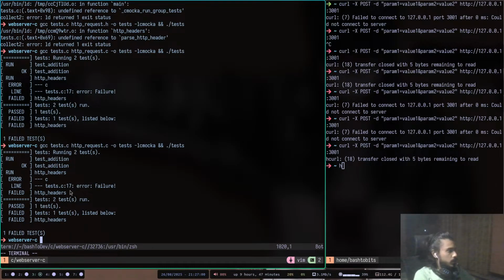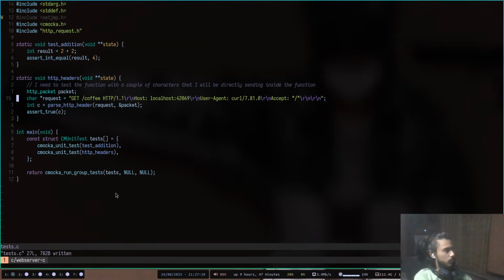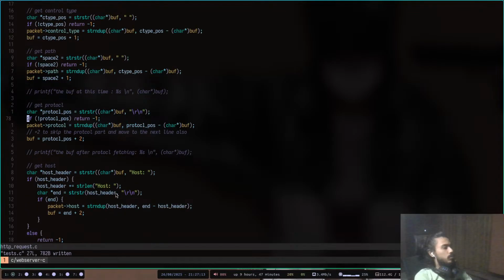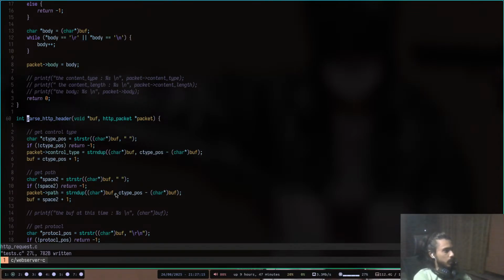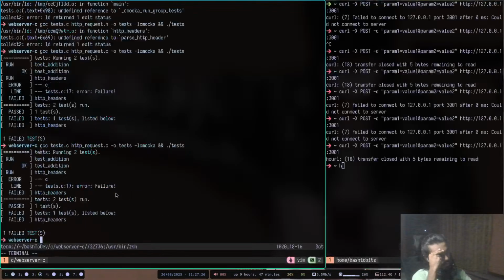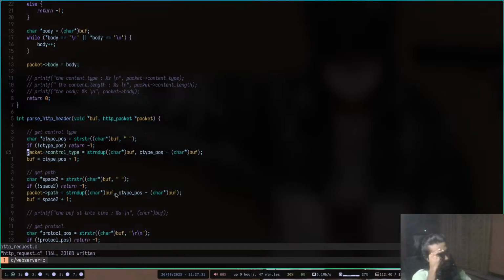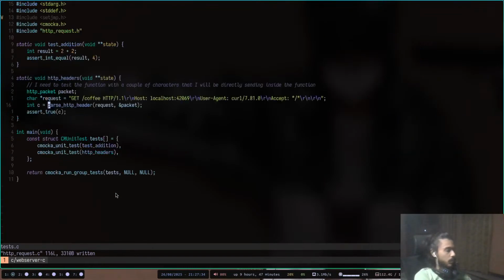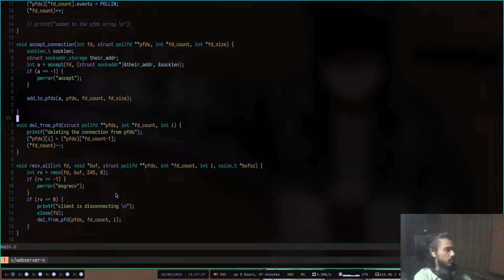Failed. So I think we're getting a -1 from the function, which is correct. I can check this in